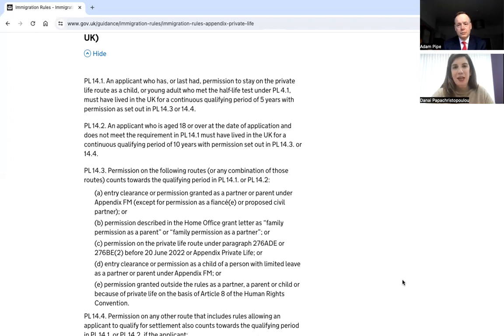Yeah. And let's not forget that the application fees have just increased, and the IHS for a further leave application is increasing on the 6th of February. So it's unreasonable to expect people to just do this extra application when they should just meet the rules. But that might be the safest option. Another thing that we have done is we have cases where we wrote to the previous decision maker and asked them to change the decision from maybe 2.5 years ago to reflect that the leave should have been under private life rules.